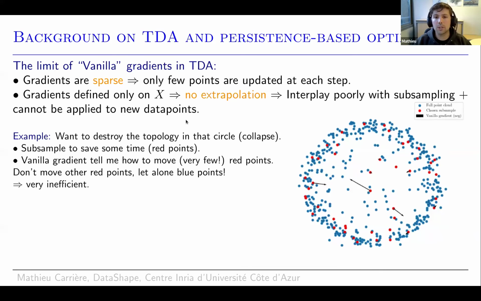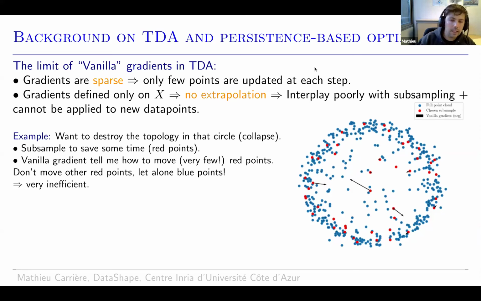So this is something we actually wanted to correct, or to find ways to deal with: to be able to apply a topological optimization process, compute it once and for all, and then apply it on new data points. And I guess in terms of computational efficiency, what I mean here with the poor interplay with